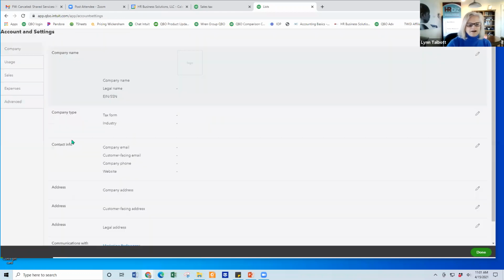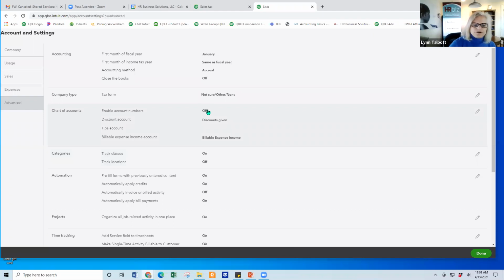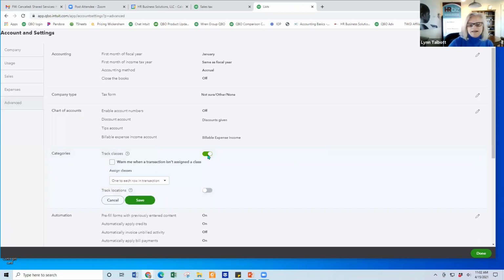We'll go back to the account settings, back to advanced. And right here, this is where you have your account numbers. A lot of you do have account numbers, but if you want to toggle them off, you can. Right here is track classes. It will usually default to off, and you just need to click that little edit button and toggle this